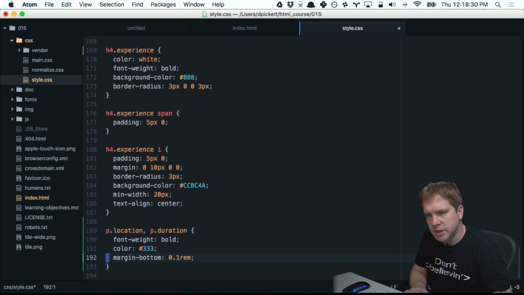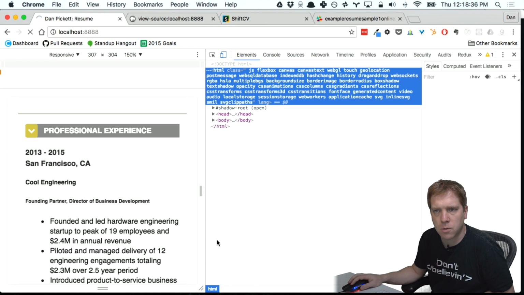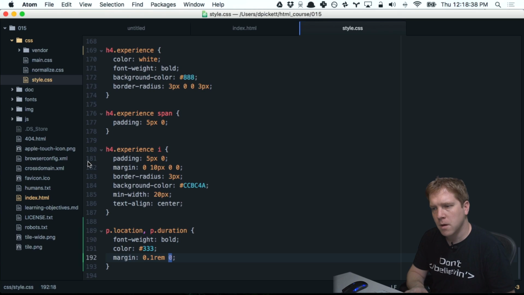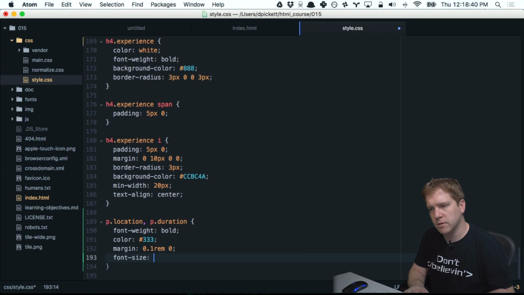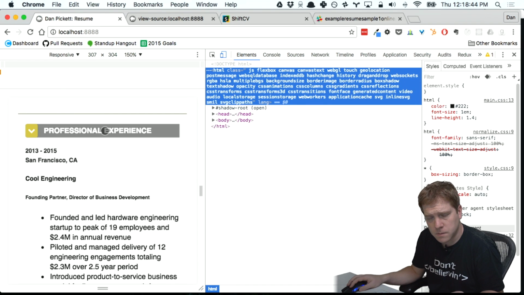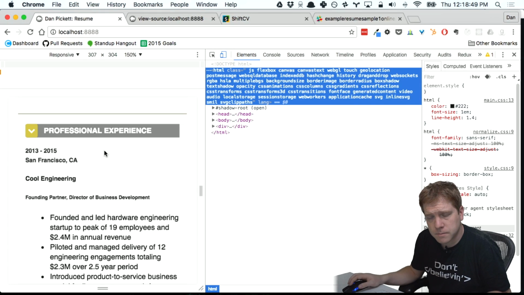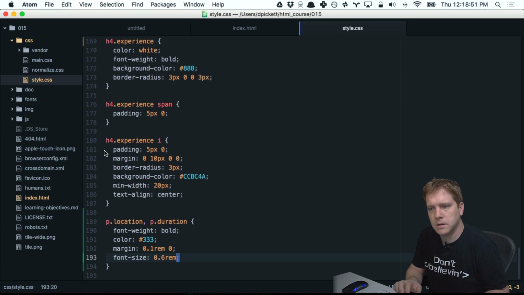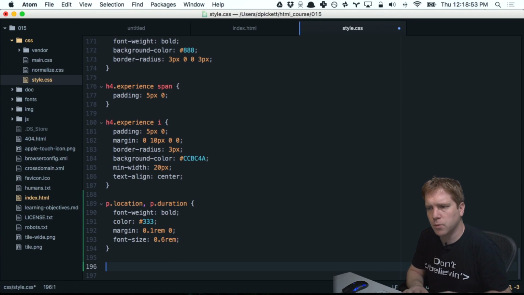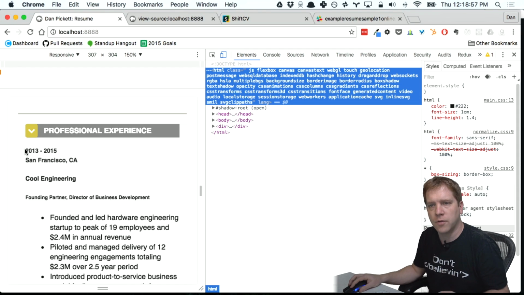Well, we can change this whole rule like so. Those come up a little bit. We're going to change the font size to be a little smaller. That's not bad. All right, so we'll stick with that for right now and continue to get the header, which is